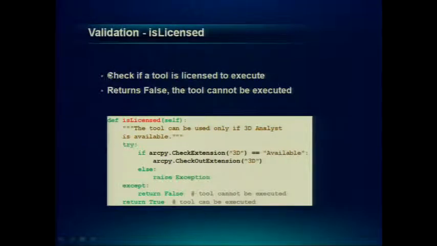And the last validation method we have is something that we didn't have an equivalent for prior to 10.1, and this is an is-license check. So historically, you can be running a script that has a number of tools in it, right? So imagine a situation where you're using a tool. Inside your tool, you have several tools, and say way down at the bottom, there's a 3D analyst tool. Well,